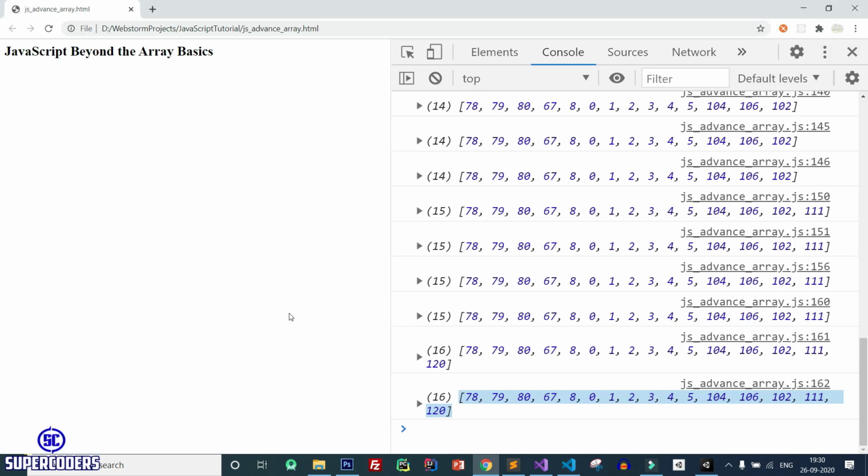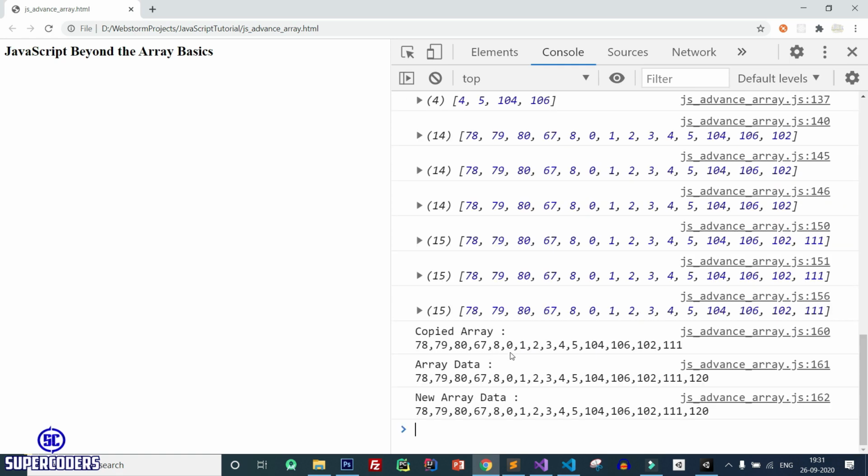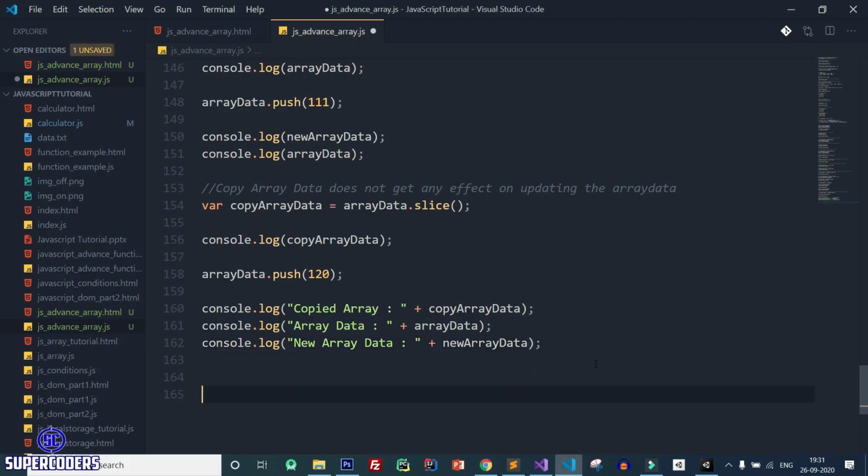Save it, back to Chrome, refresh page. Now you can see clearly copied array 111, array data 120 and new array data 120. So it is perfect. Now back to VS Code and let's see the next example.